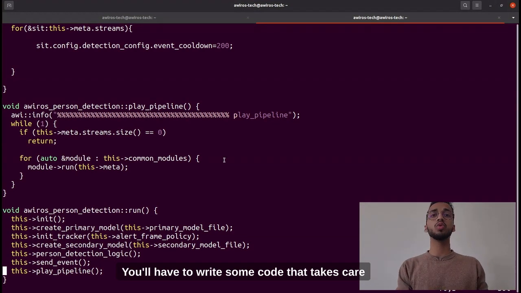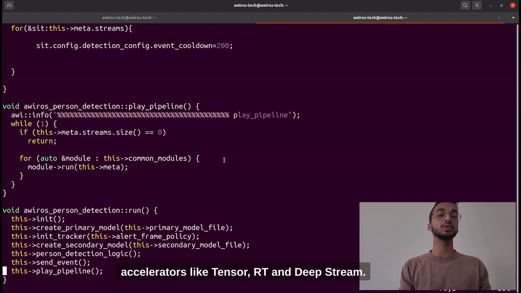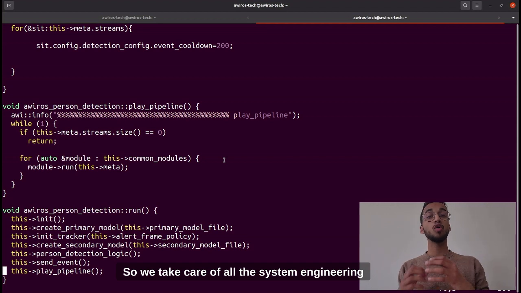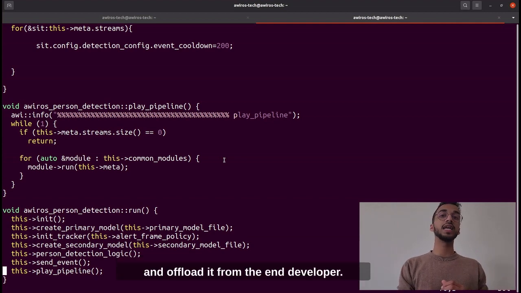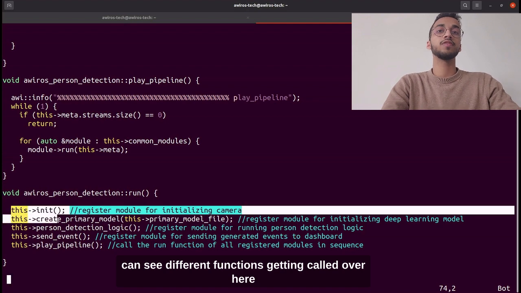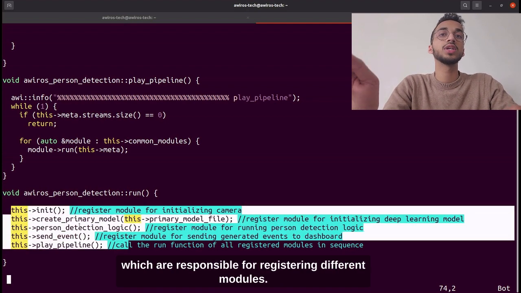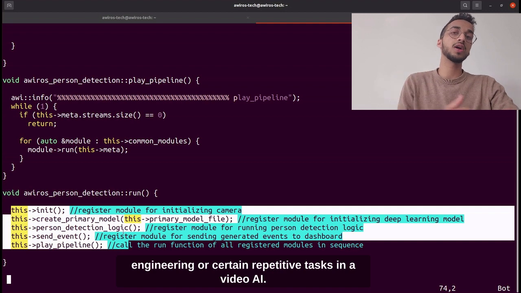You'll have to write some code that takes care of integrating your deep learning models with various inference accelerators like TensorRT and DeepStream. So we take care of all the system engineering and all the repetitive tasks in a video AI pipeline and offload it from the end developer. And if you see the run function, you can see different functions getting called over here, which are responsible for registering different modules, which, again, take care of certain systems engineering or certain repetitive tasks in a